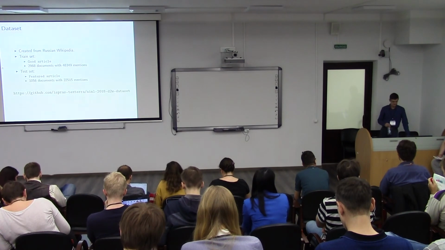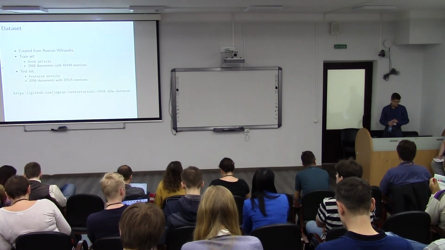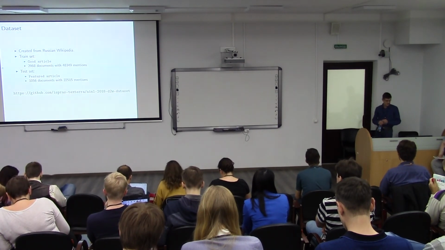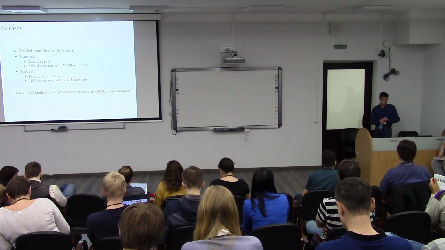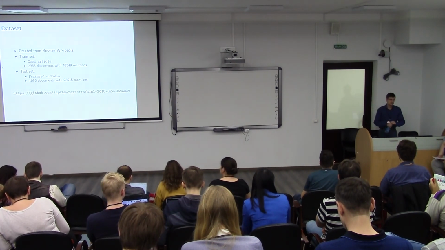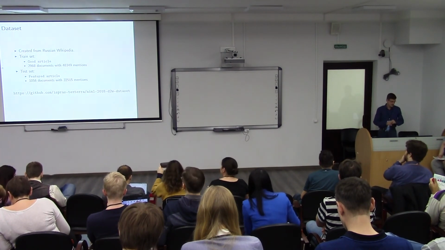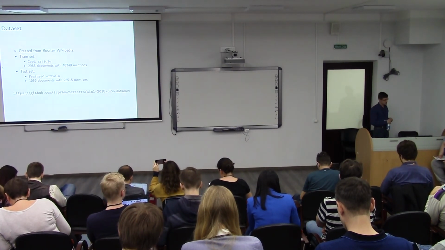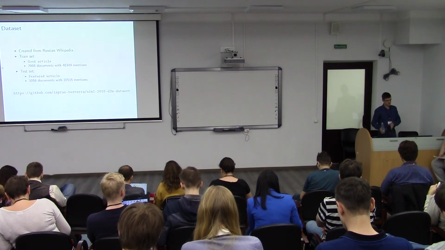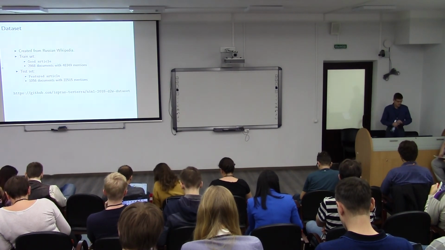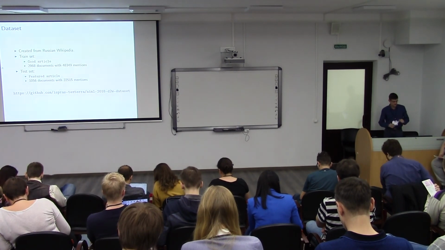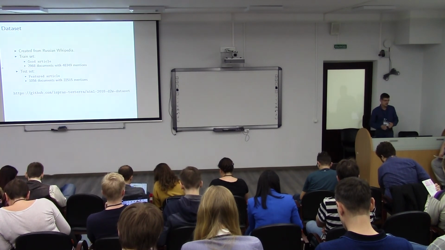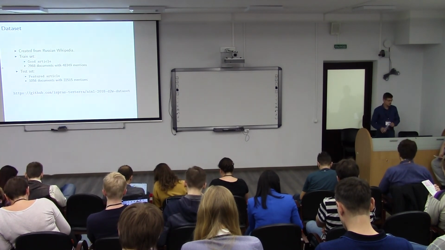So the next question is about datasets. Could you tell me how you collected them? Actually, I think that selecting good and featured articles is a pretty popular thing when you create something from Wikipedia. We decided to deploy our local Wikipedia, so as not to load the Wikipedia servers. And then we just wrote a crawler which scanned through the list of good articles and the list of featured articles, did some cleanup, and that's all.